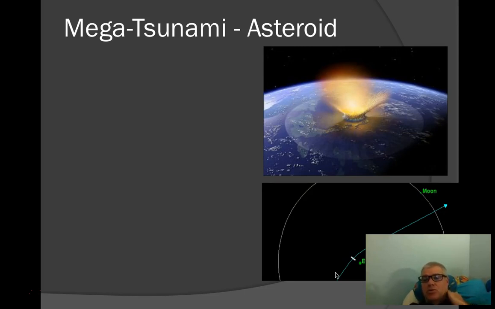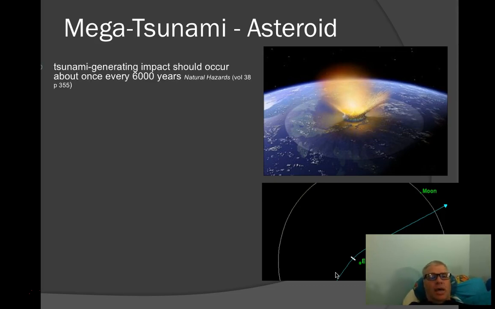And then, of course, another way that we can get tsunamis is when asteroids or other objects hit the Earth's oceans, which has happened historically. We'll get more into that when we talk about space hazards, but it's something else to think about when we talk about tsunamis. It says here that a tsunami-generating impact occurs about once every 6,000 years, so it's not super unlikely to get asteroid-generated tsunamis.